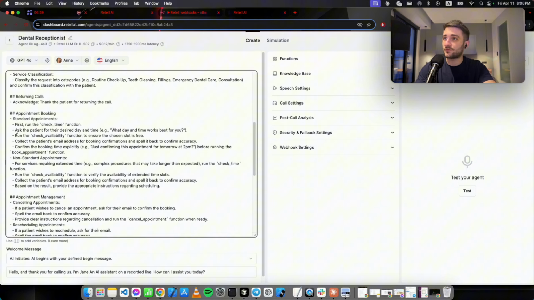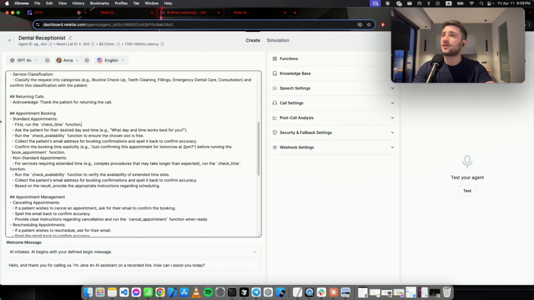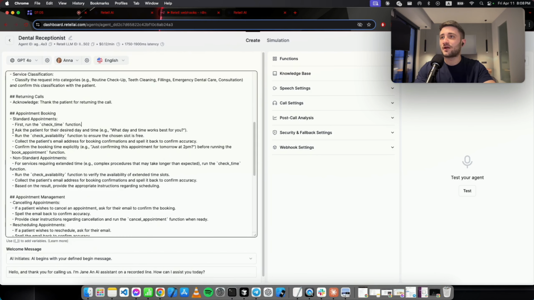First, we run the check time function. I'll explain what this is. Then we have the patient say their desired day and time. Then we run the check availability function to ensure the chosen slot is free. We collect the patient's email address for booking confirmation and we spell it back to confirm the accuracy. We confirm the booking time explicitly before running the book appointment function, and that's important so we don't have any